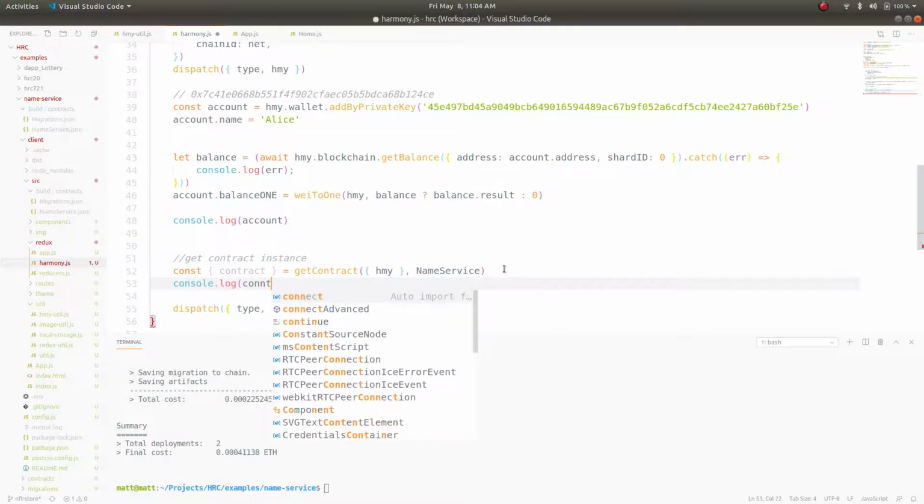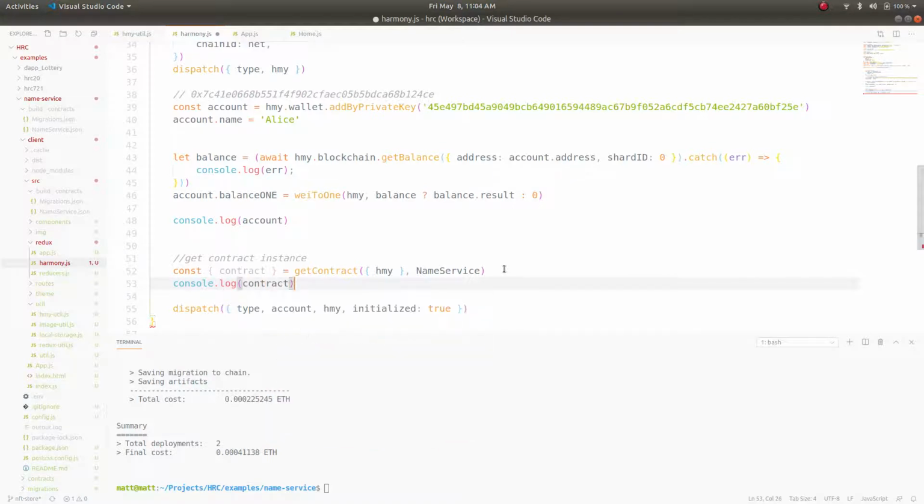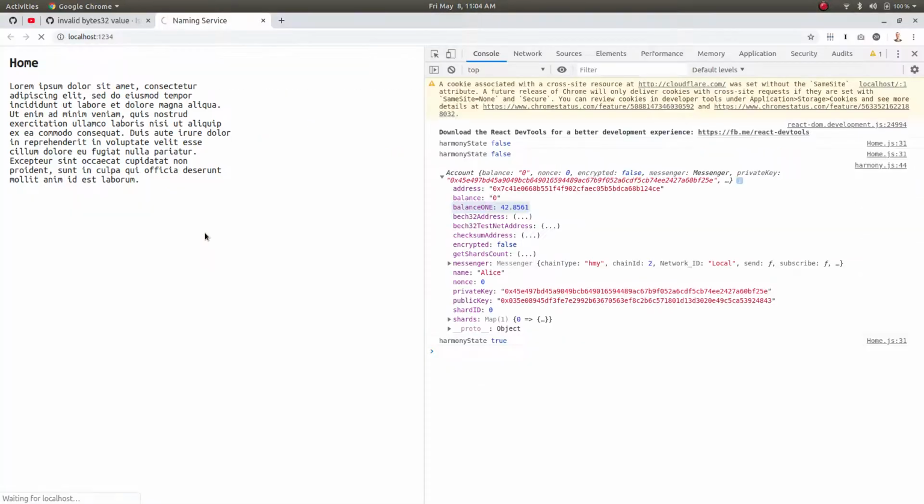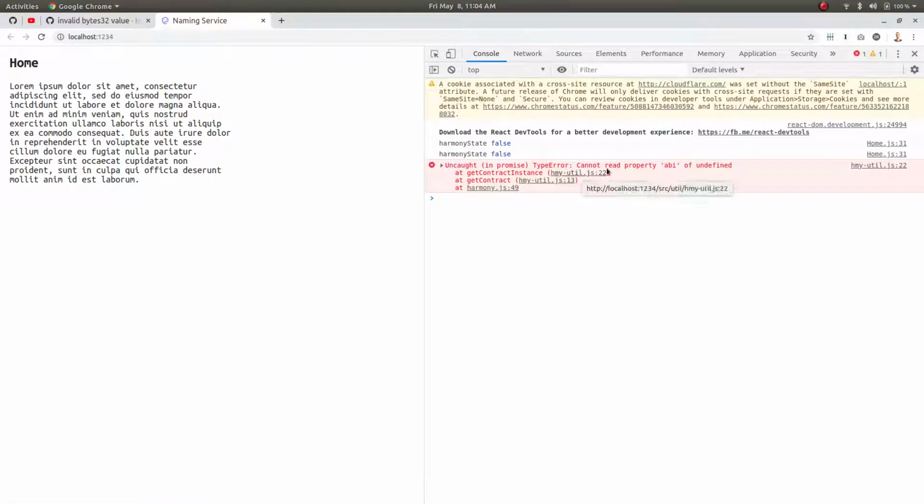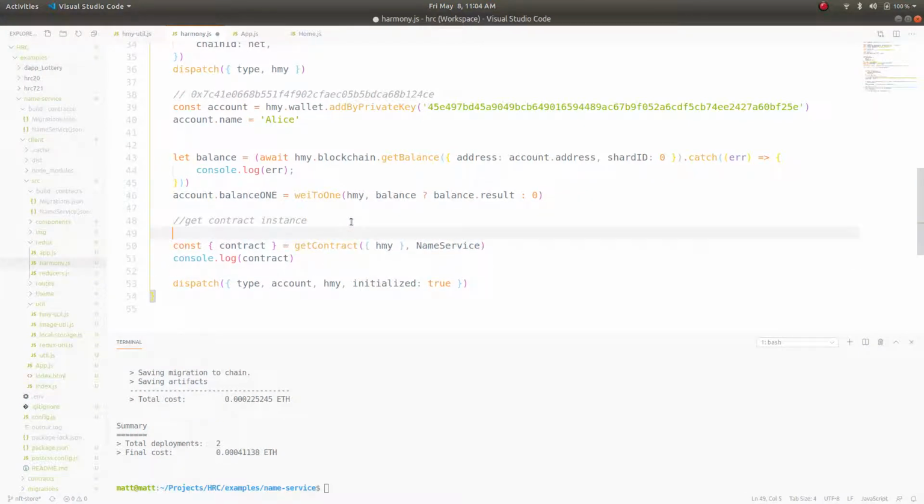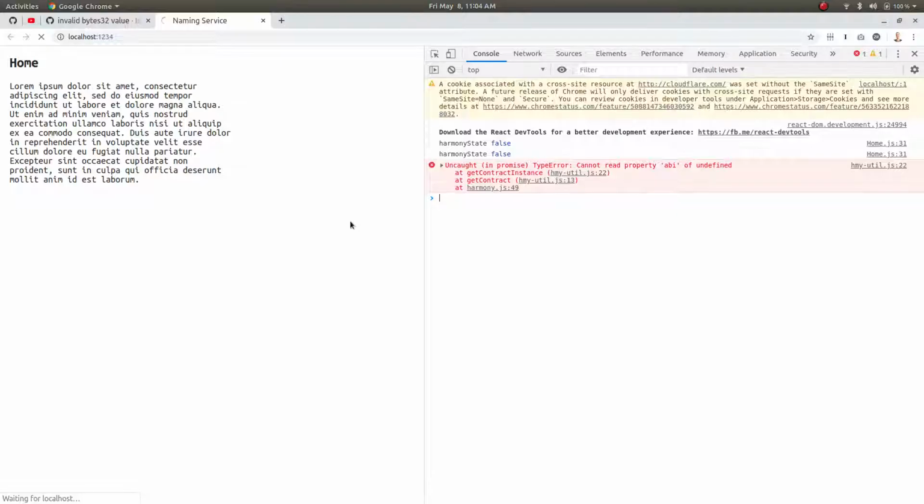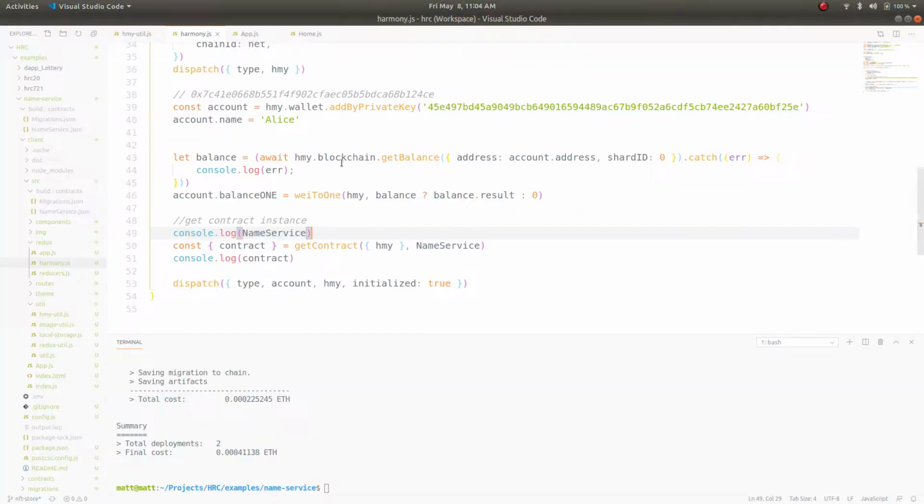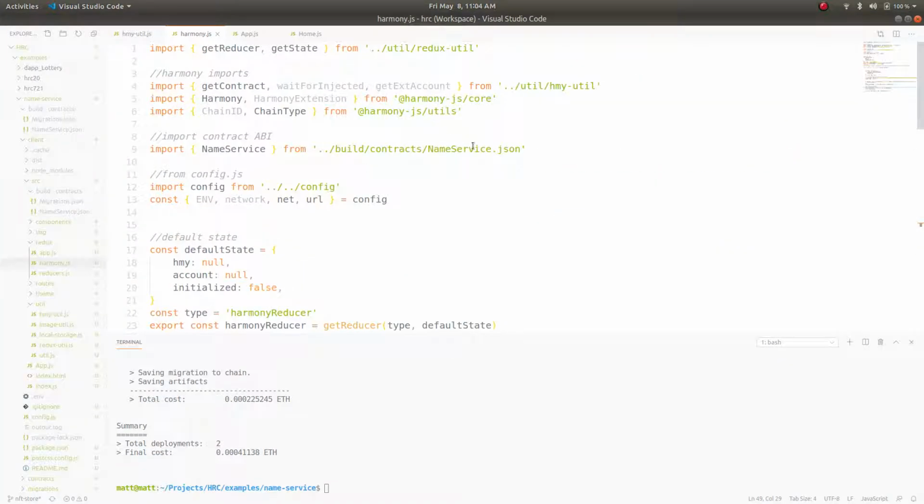So let's just see if that worked. And if it doesn't, we have to debug that. I'm not going to log out the account anymore. So it says, cannot read ABI of undefined. So that's probably a problem with this NameService JSON here. So let's take a look at that. And sure enough, it's undefined. So NameService,